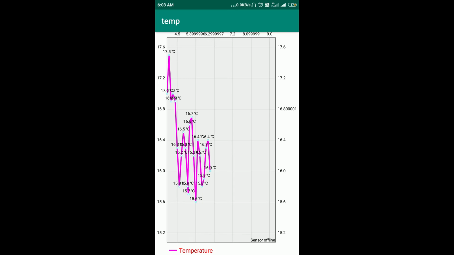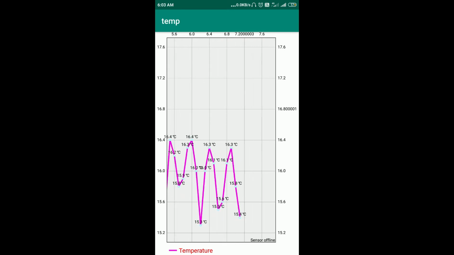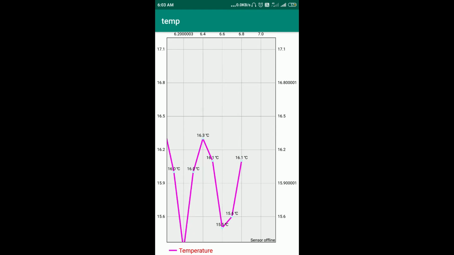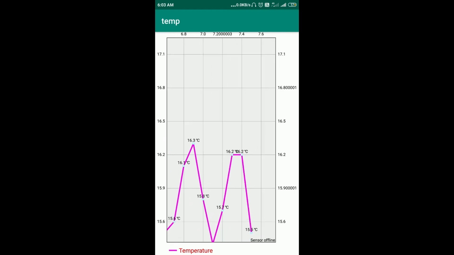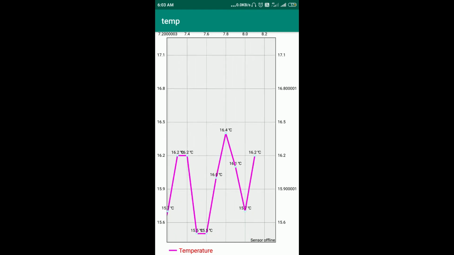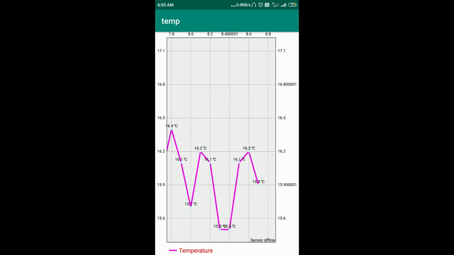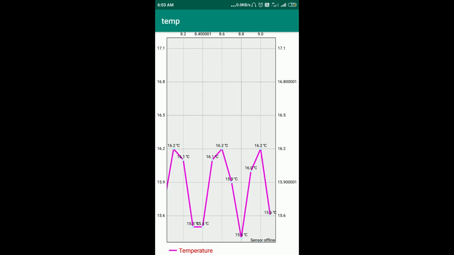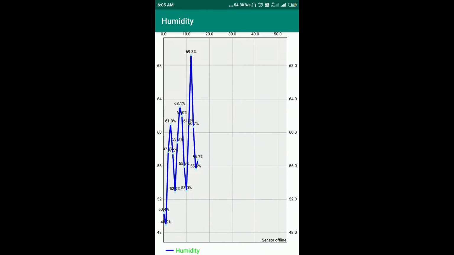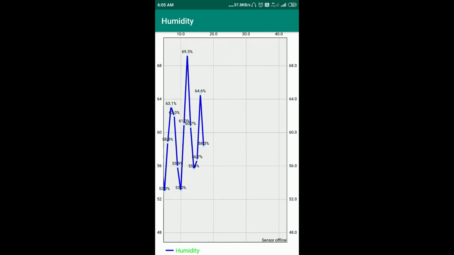The temperature data, which is varying with time, could be easily seen with further details like the temperature in degrees Celsius, and that's not it. You can even zoom it for a better view. Similarly, humidity in percentage.